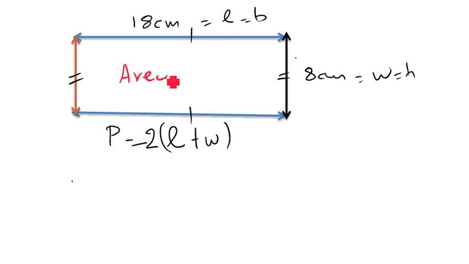Area is whatever is included inside the perimeter. So the outside boundary is the perimeter, but the inside of the perimeter is the area. The area of this shape, the parallelogram, is found by the formula